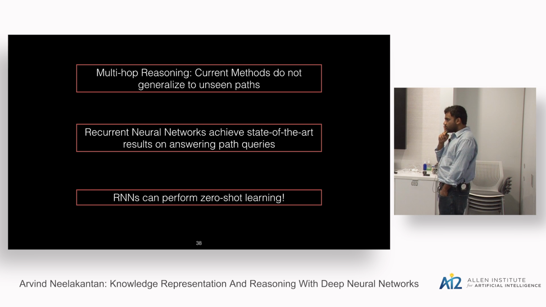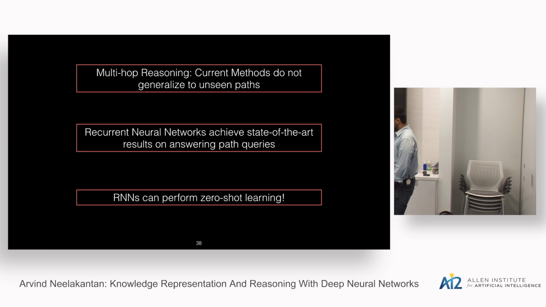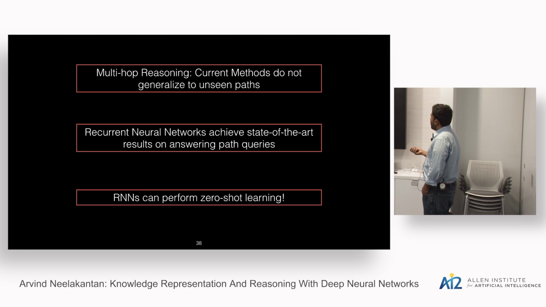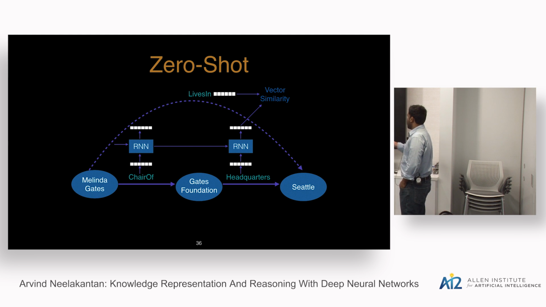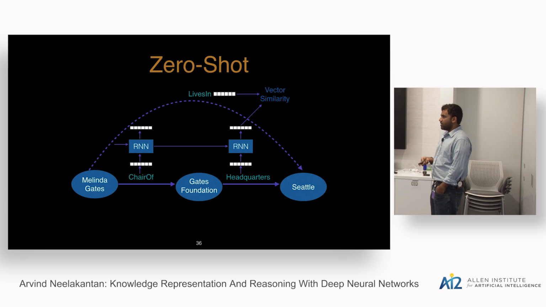Yeah. Thanks. If you had extra information like taxonomy over entities, or maybe some rules that connect different relations, is there a way to incorporate it? Yeah. So I didn't talk about it here, but basically we also have a model where we construct a vector representation for the entities, and that comes as an average of the types that entity participates in, and we get a 5-point boost by using that. But I didn't talk about it just for lack of time, but we can chat about it later.